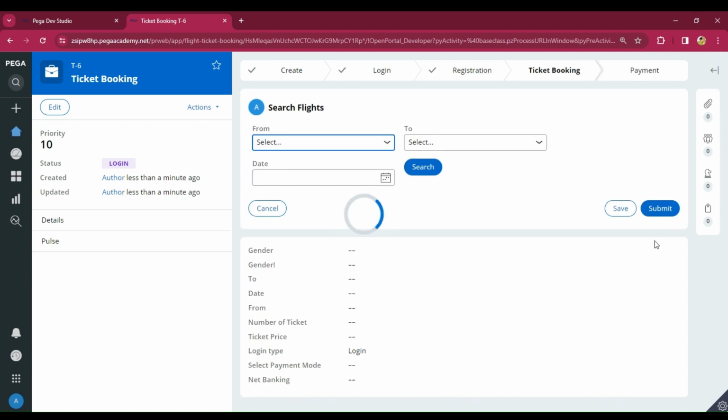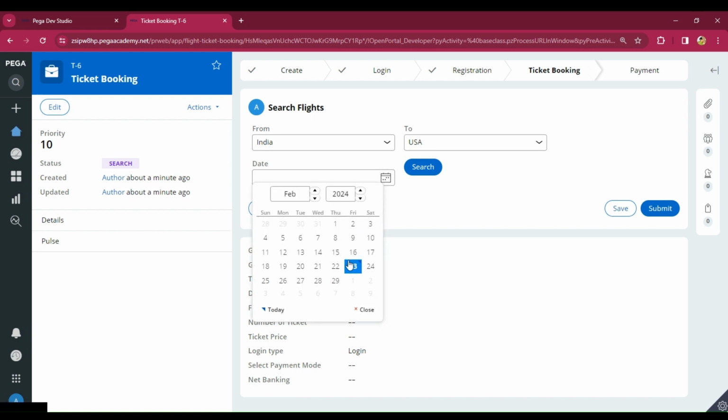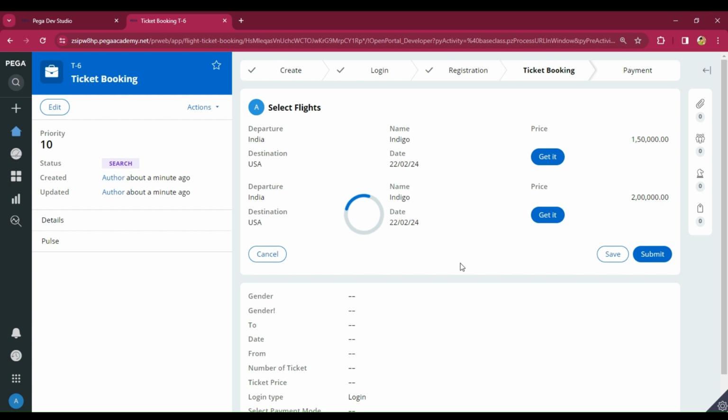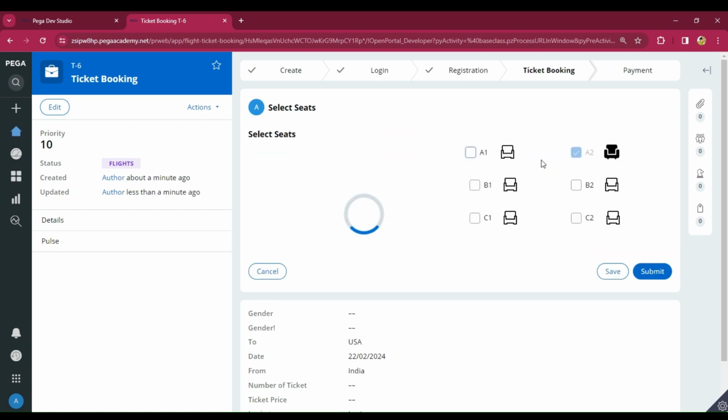Click on submit and from India to USA, search for it. The available flights and just click on get it. And there you can see the A2 seat is already booked. We can't do anything. So just click on the A1. I'm selecting A1 seat. Just click on submit